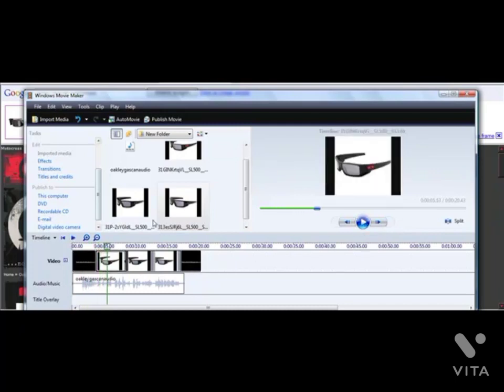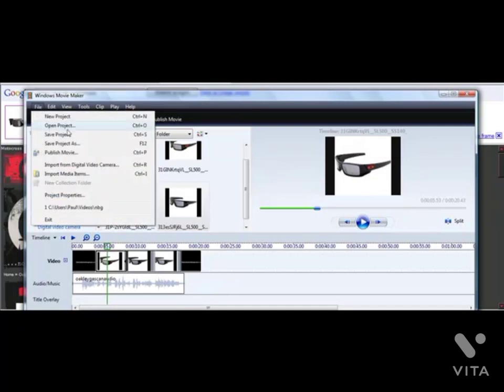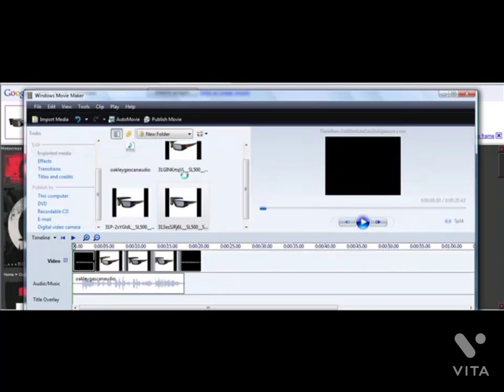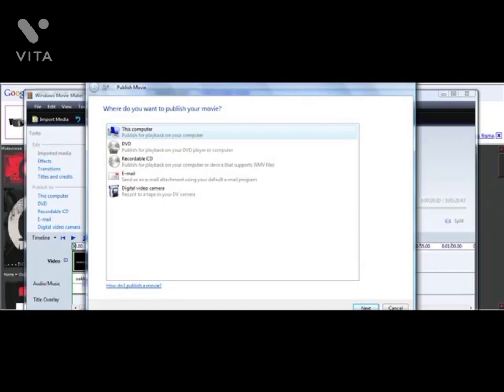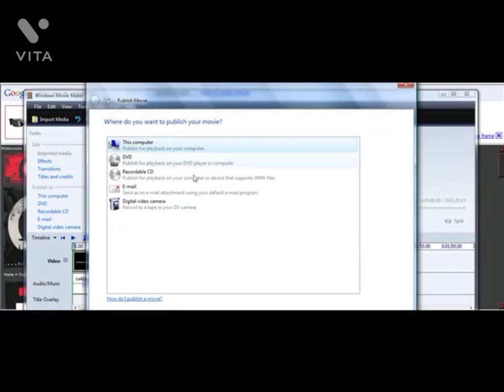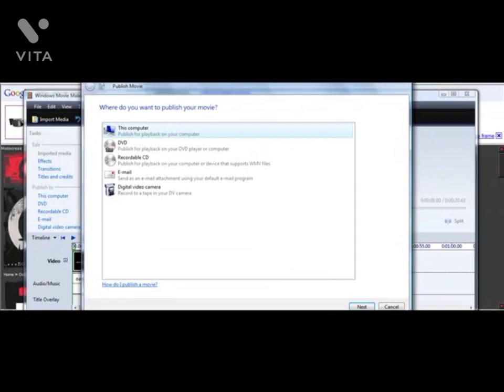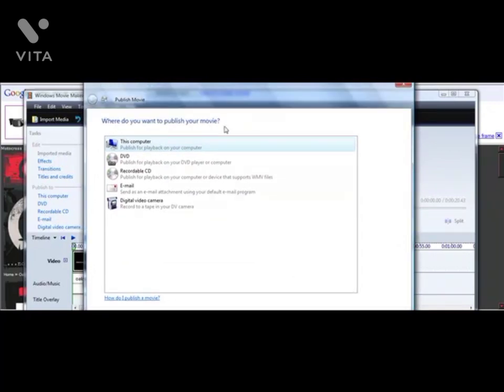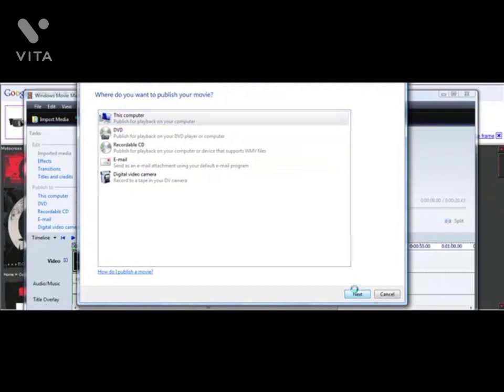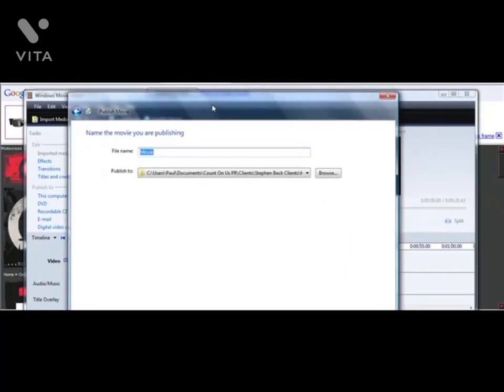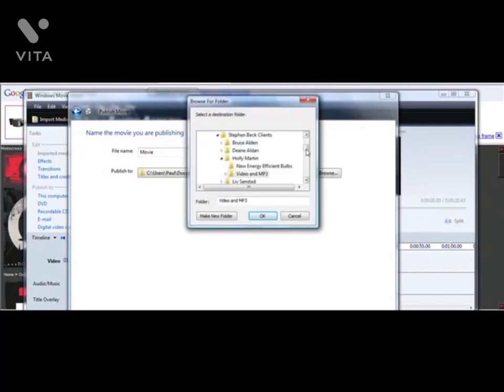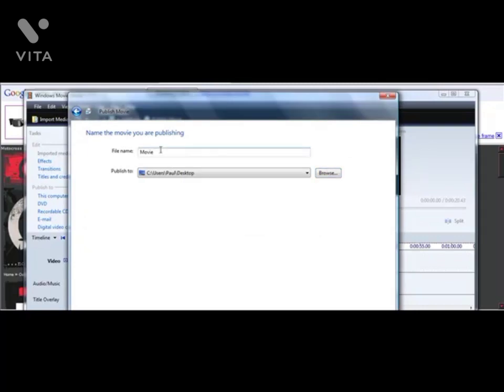Now that you're done with that, just go to File, Publish Movie. So go ahead and choose File, Publish Movie, and then choose to this computer. So let me just bring this window down, Publish to this computer, then click on Next, and choose the folder you want to save it in. So I'm just going to go to Browse, and let's just save it up here to the desktop. Hit OK, and let's call this Oakley Gas Can Movie. And then simply come right up here, click on Next down in this area,